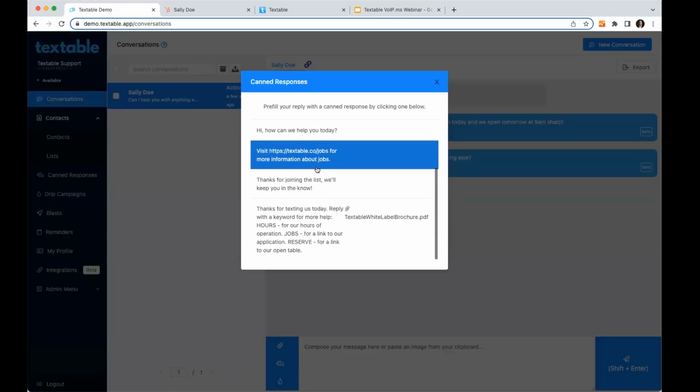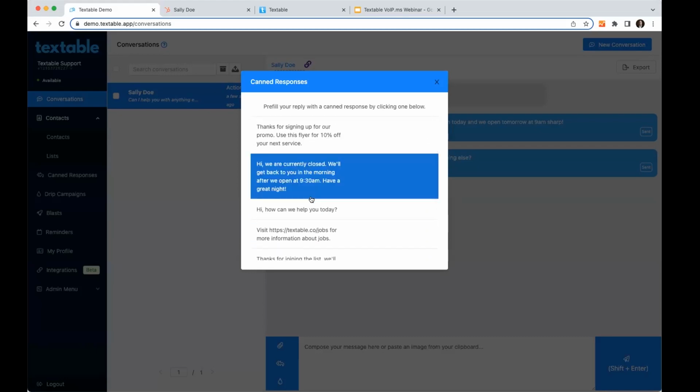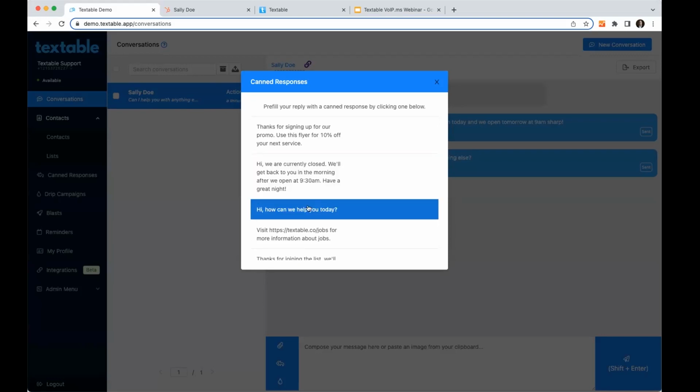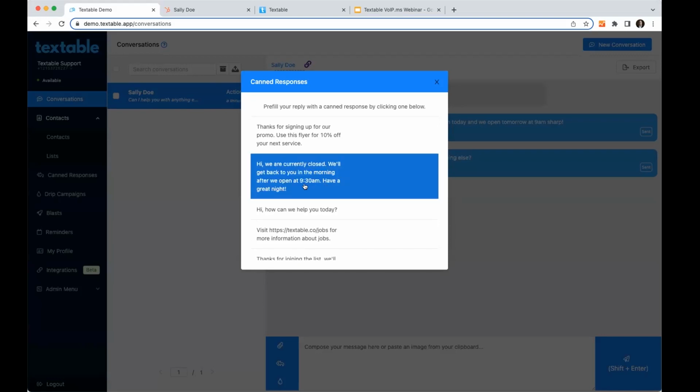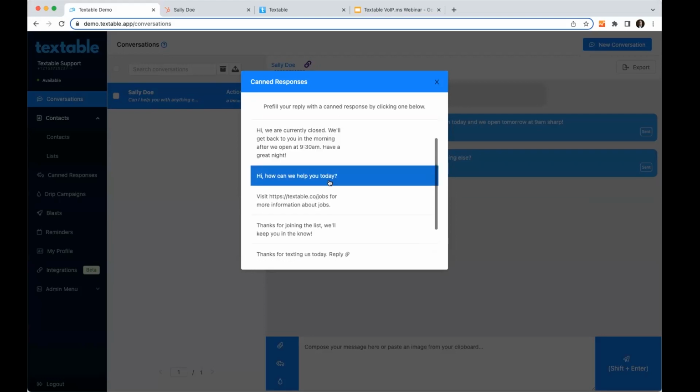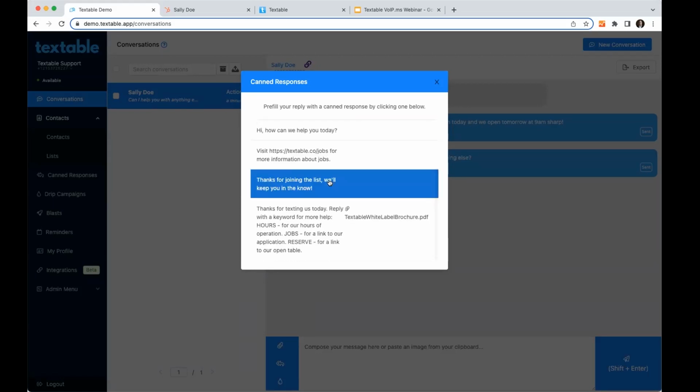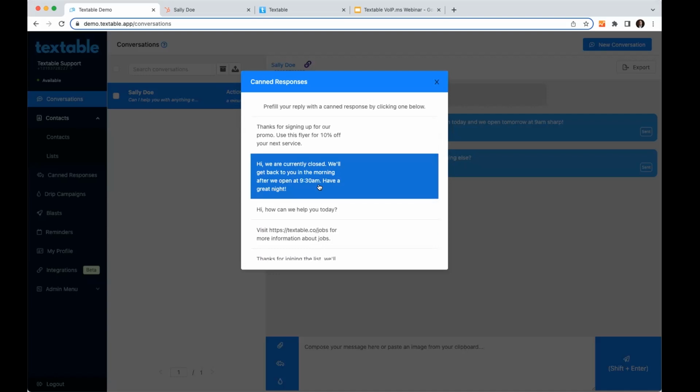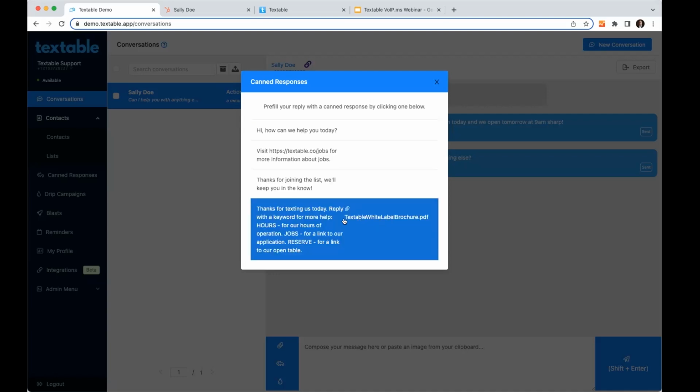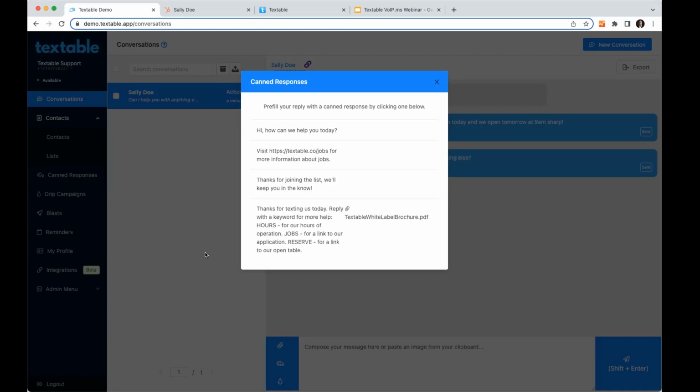Here we've got canned responses. Canned responses are, again, sort of scripted replies, things you find yourself commonly saying. They're great for staying on topic, staying on brand. It's great if you're sharing customer support across a team, because then that team can keep the same replies to a lot of the commonly asked questions. We also use them as the source of the away messages here, so you might see some overlap there. And then you'll notice you can also attach an MMS file to a canned response if you want to send a file back.